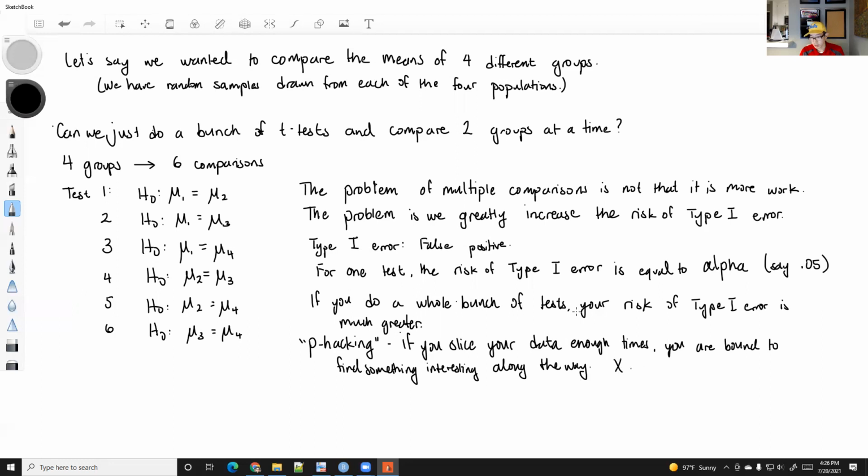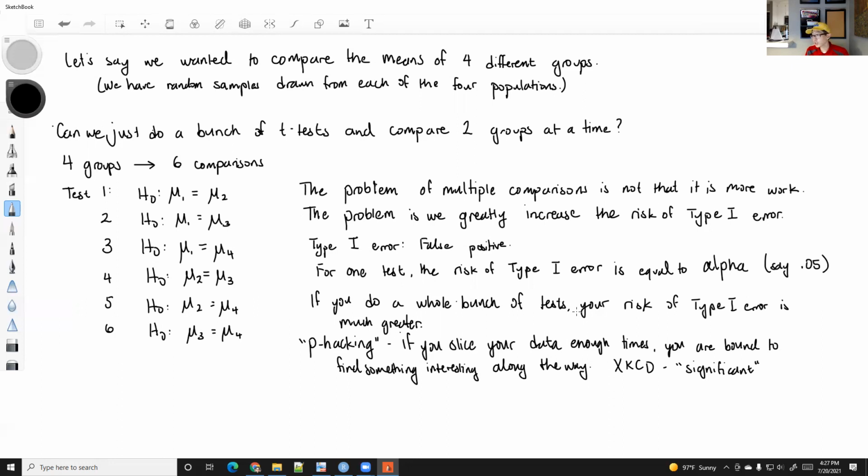Okay, so I will recommend XKCD, and the comic is called Significant. There's a bunch of other good comics by XKCD. I like it. Okay, so anyway, what we're going to look at today is when we do ANOVA,